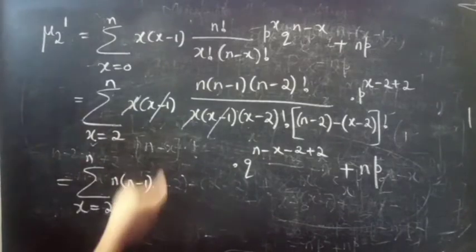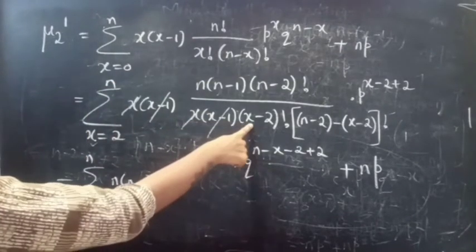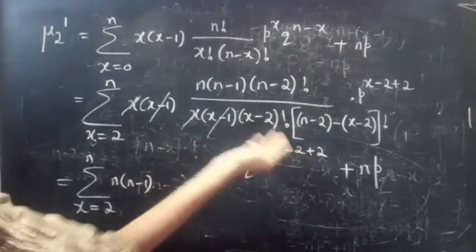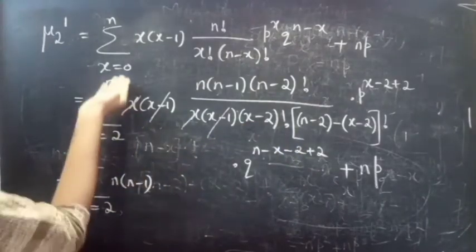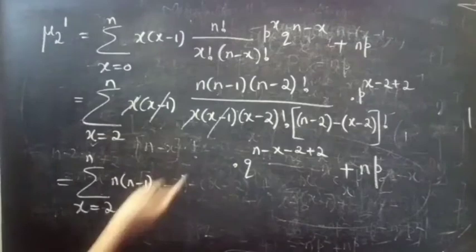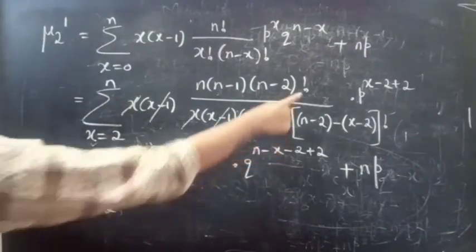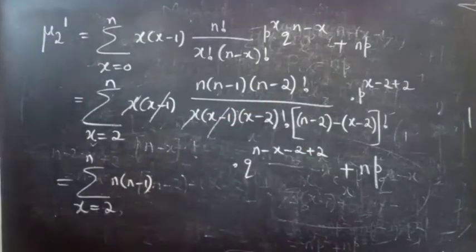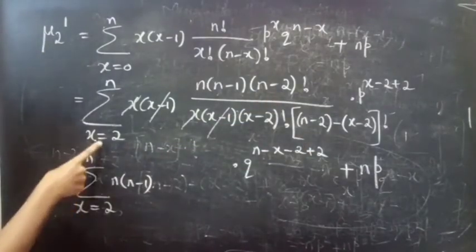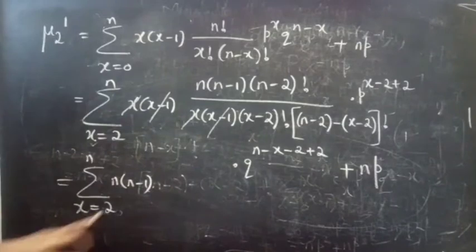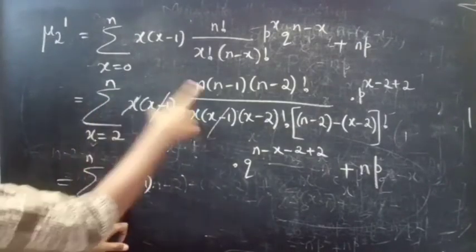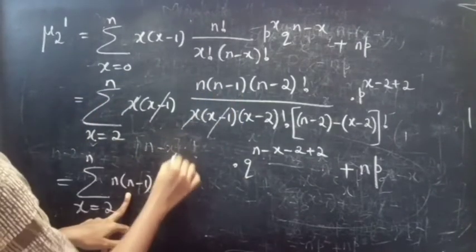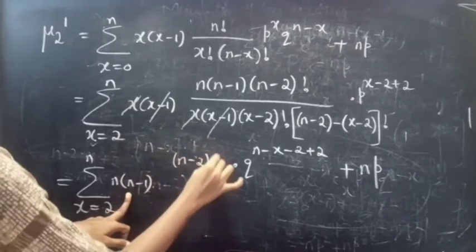So if you take x equals to 0, you get minus 2 factorial. So you should not take x equals to 0, since you are having the factorial of minus 2. So we have considered x equals to 2 to n. So this equals to summation x equals to 2 to n of n into n minus 1 into n minus 2 factorial